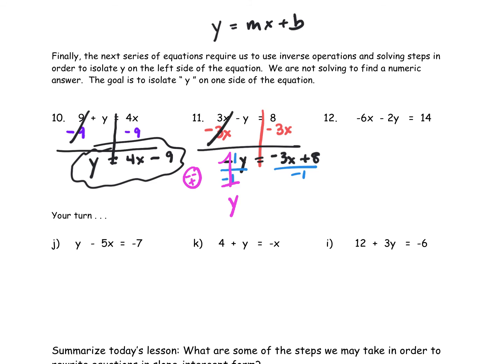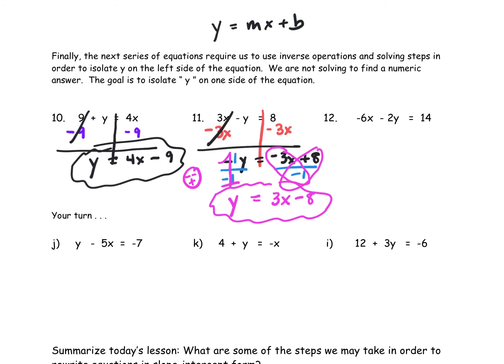That's our main goal. And on the other side, I want this to look like slope-intercept form. And it did before we divided by negative 1. But we have to remember, we divide negative 3 by negative 1. That's going to give us a positive 3x. And we divide positive 8 by negative 1. And that's going to give us a negative 8. So this is the form we needed to go on. This was quite a bit more complicated than the last one. All right, so let's try our final